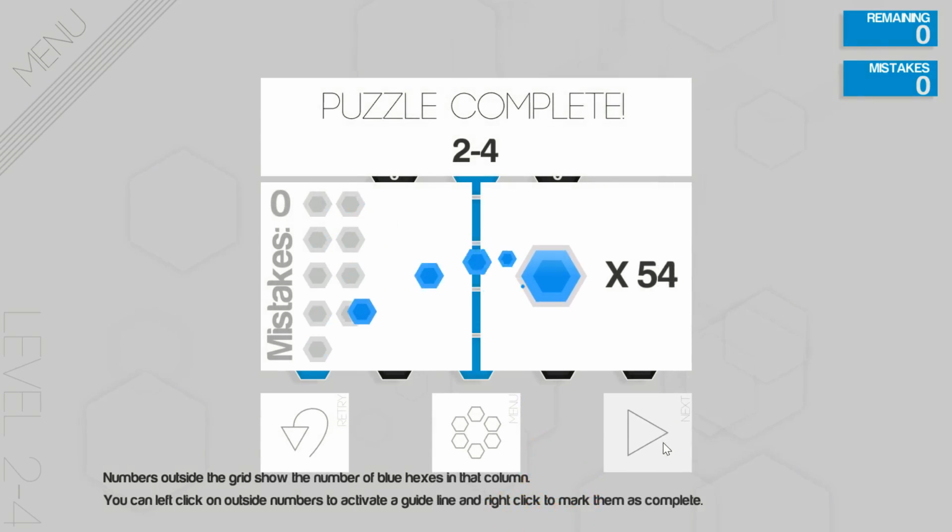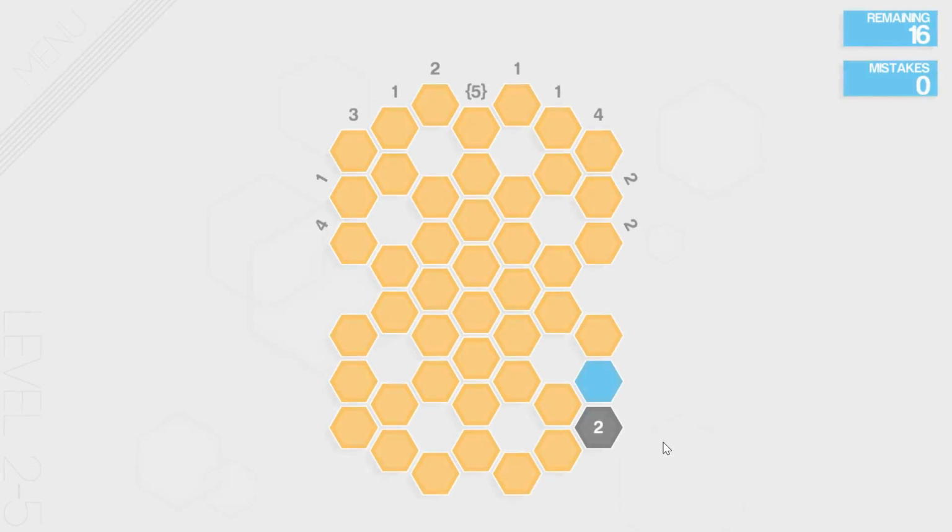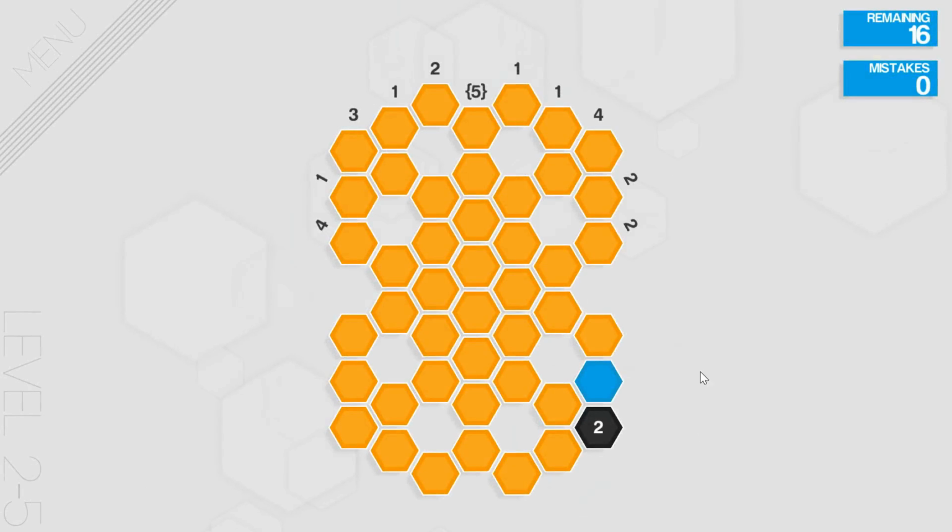So that was more of a simple introductory puzzle than an actual puzzle. Now I think the next one will be a real difficult one. So without even really explaining it any further, they throw in 5 connected pieces. So what you can do when it says a number in brackets in a column is you can see 1, 2, 3, 4, 5 like this, and then see 1, 2, 3, 4, 5. And because there are